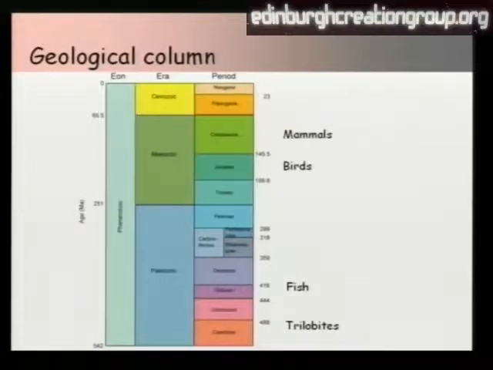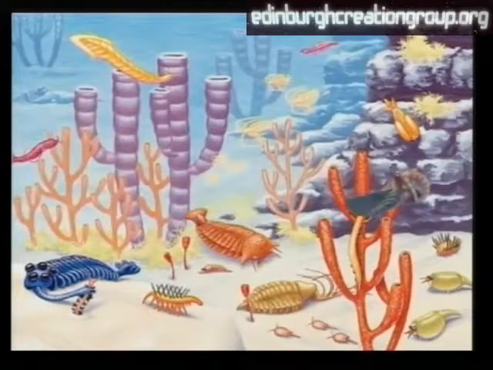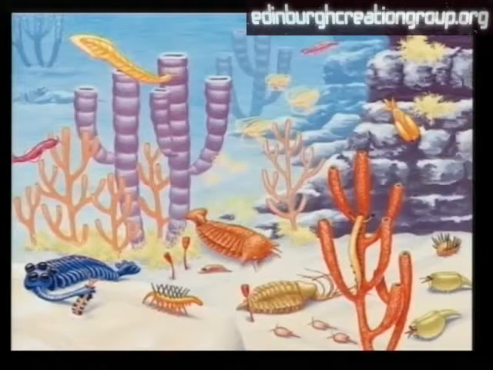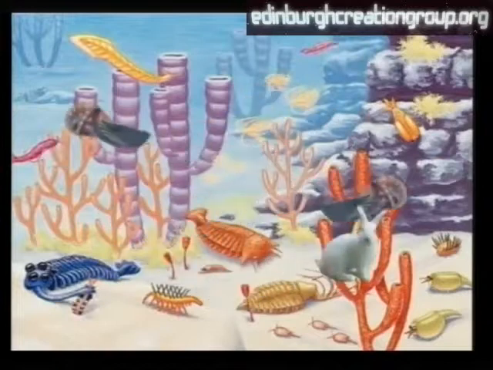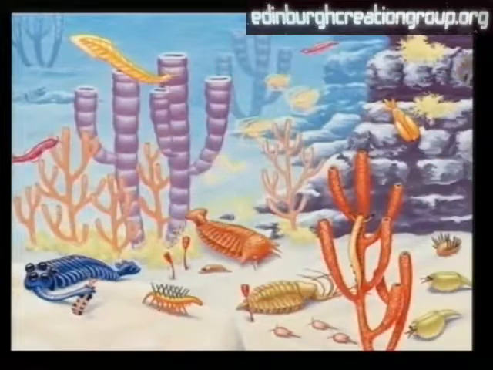I want to address this question about the Precambrian rabbit. Here we have a picture not of the Precambrian but Cambrian, because actually in the Precambrian there wasn't much life at all. A few starfish. But why are we not going to find a rabbit in the Precambrian or the Cambrian? Well, because the Cambrian is an aquatic environment. It's watery. All the life in the Cambrian is living in seas or in lakes, and you're not going to find a rabbit hopping around in the sea bottom. So that's why you won't find a Precambrian rabbit, because